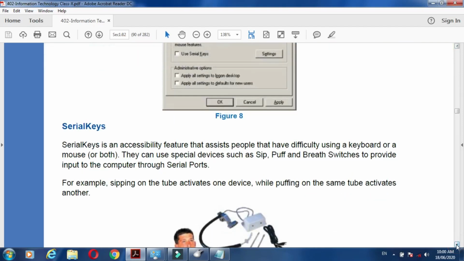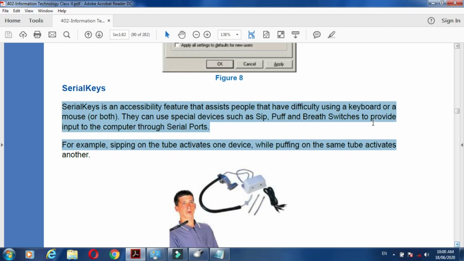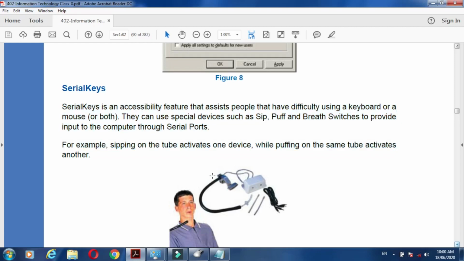Okay, now the next topic is serial keys. What are serial keys used for? Serial keys is an accessibility feature that assists people who have difficulty using a keyboard or a mouse, and they can use special devices such as sip and puff and breath switches to provide input to the computer through serial ports. See, this is the picture of a serial port.